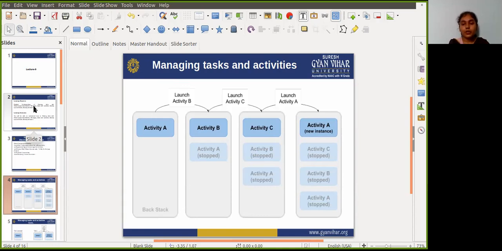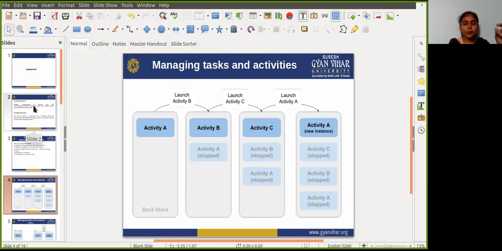So first it removed activity C and then B, and then it took a copy of activity A, and then B and C are put in the stack again. So there is so much work happening at that time. Again, a new instance of activity A is launched.